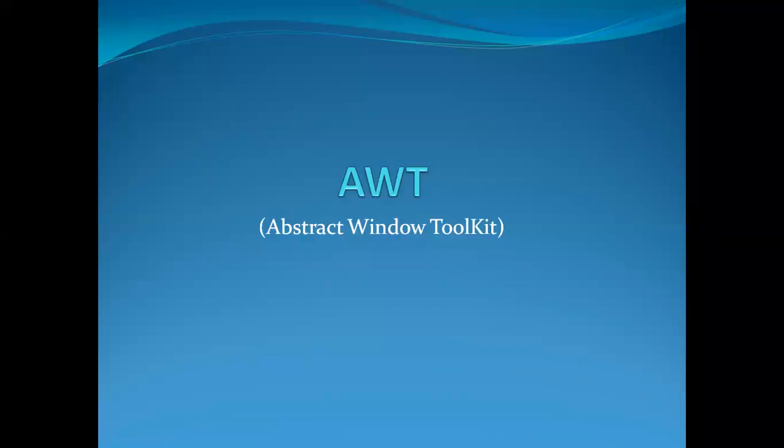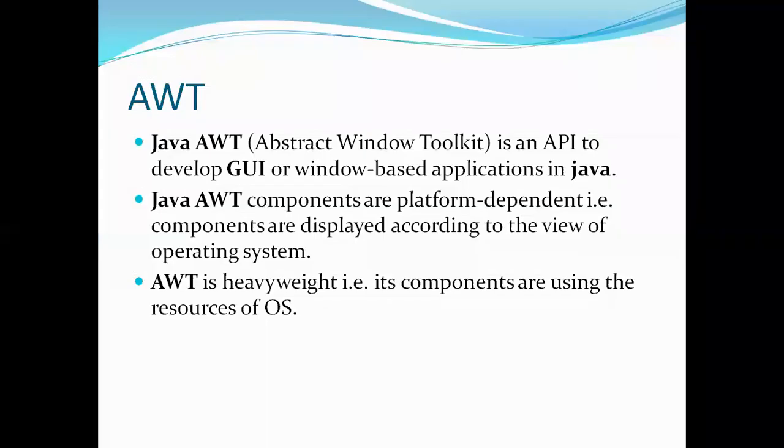In this session, I would like to give you some information on AWT of Java programming. Now let's see what AWT is. AWT stands for Abstract Window Toolkit. Now in Java programming, we'll use AWT for creating graphical user interfaces, that is, window based applications are developed using